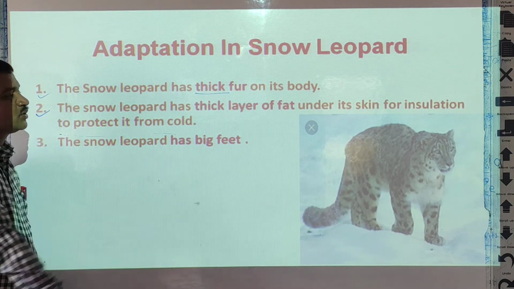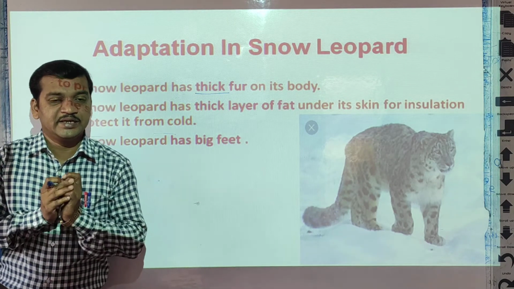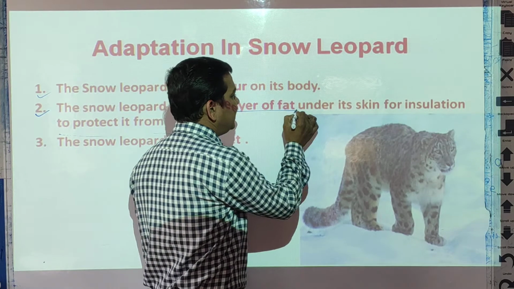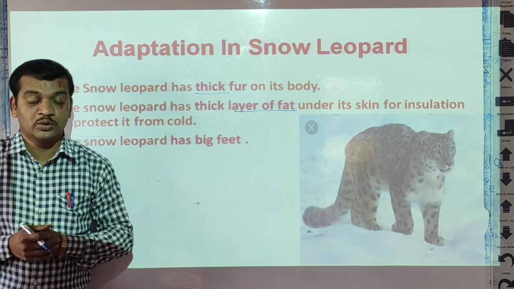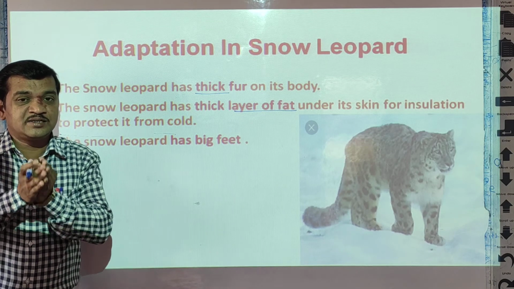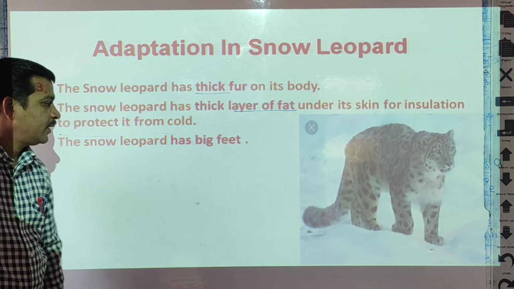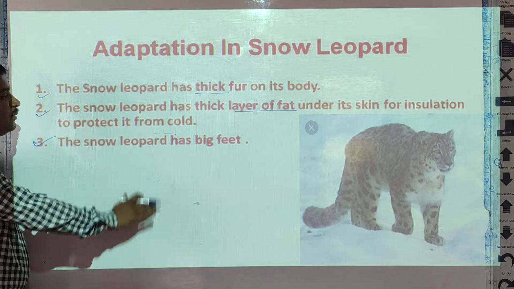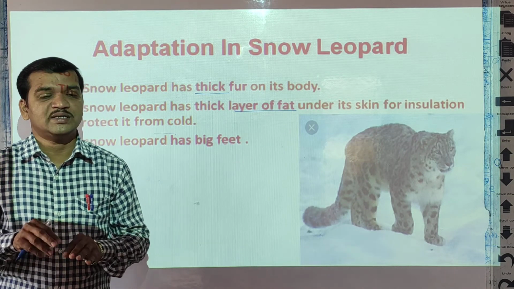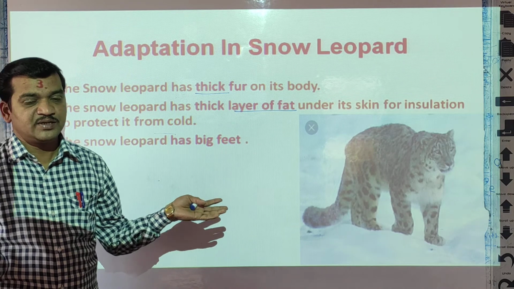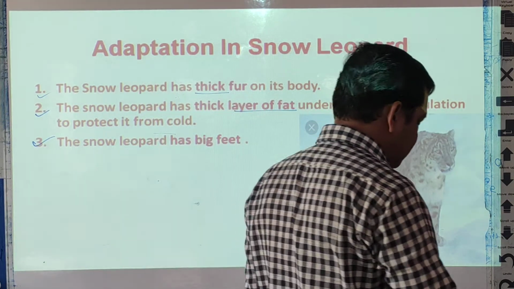Next point, the snow leopard has a thick layer of fat under its skin for insulation to protect it from cold. Insulation means keeping its body warm in a cold climate. And last point, the snow leopard has big feet which make it walk easily on a smooth or soft surface. Okay, students. So next